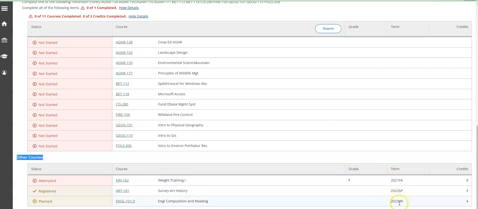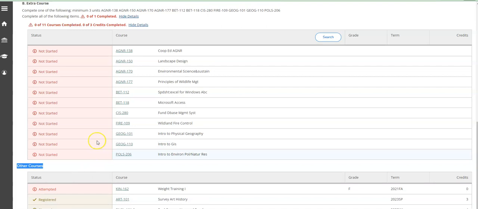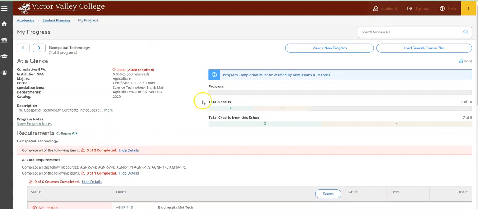have planned a course. And if it's in red, it indicates that you need to pay attention to that particular requirement. Something isn't working. It's either not met yet, or perhaps you did not pass the class successfully, so we wouldn't be able to apply that course towards your progress. If you see it in yellow, it means that the yellow here is indicating that it's in progress and that it has not yet been completed. If you scroll up, you also can click on the View a New Program option here to be able to